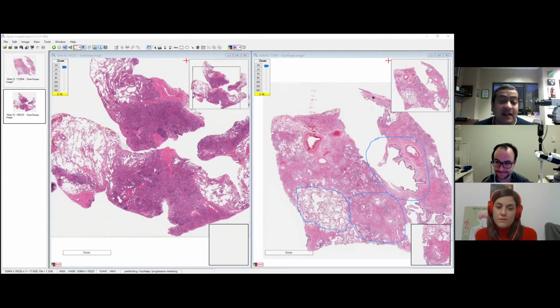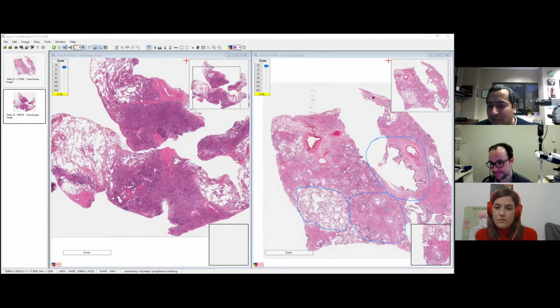Very heterogeneous, very counterintuitive to what you think a diffuse interstitial lung disease should look like. You think a diffuse disease should be diffuse at microscopy too, but it's not diffuse. It's actually quite patchy. So even at low mag, you kind of get a sense that this thing might turn out to be UIP, and that's very helpful, I find. Very helpful that you know, even at low mag, that you're not dealing with a